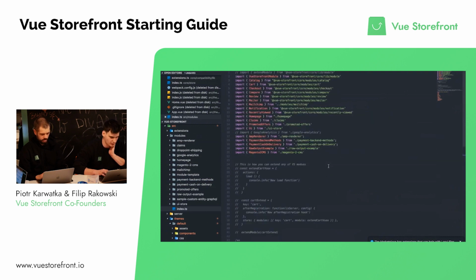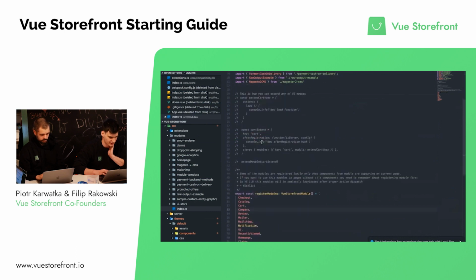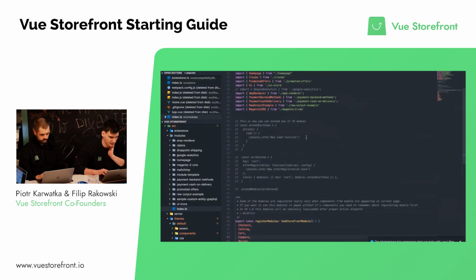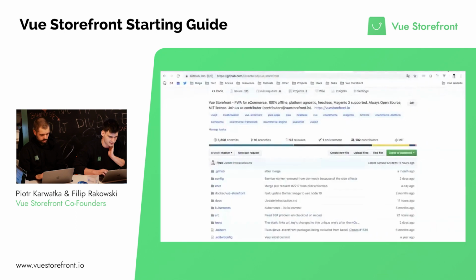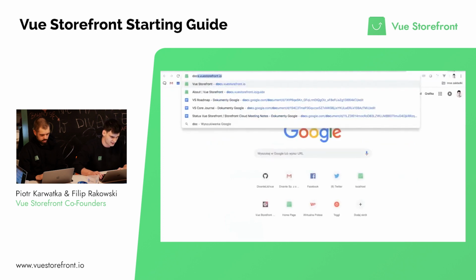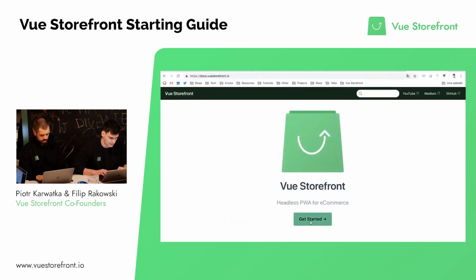Why are we doing this? Because while you have this import and this export, in between you can modify these modules. You can modify any part of them. If you take a look at our docs, docs.vuestorefront.io,